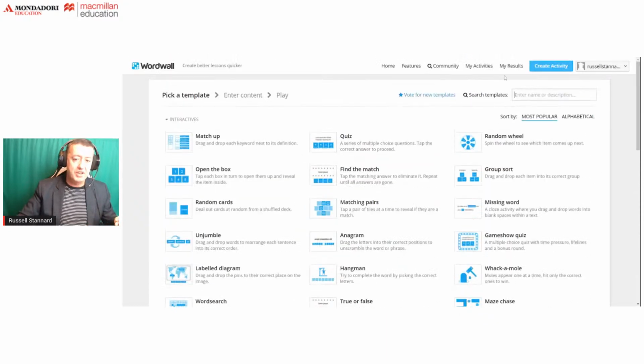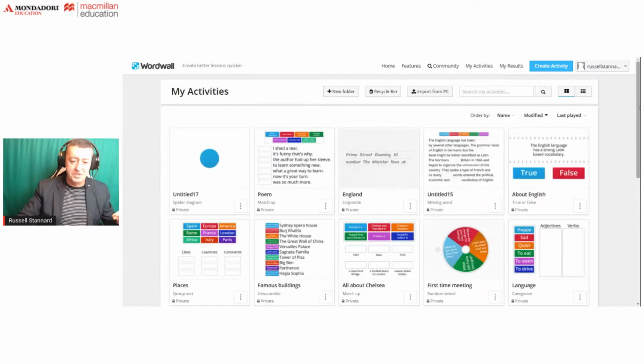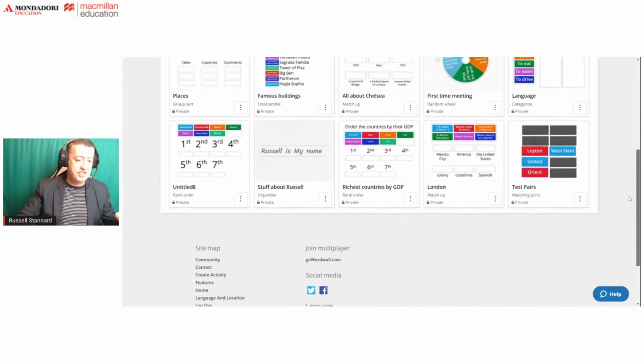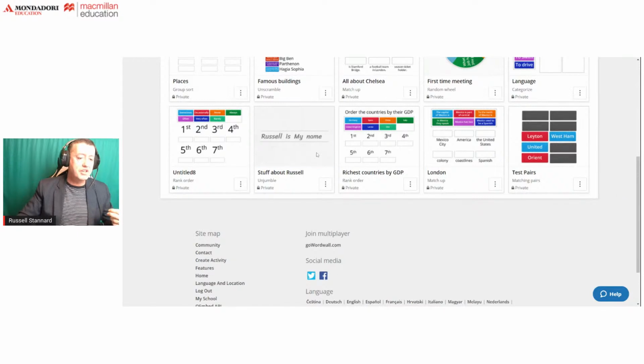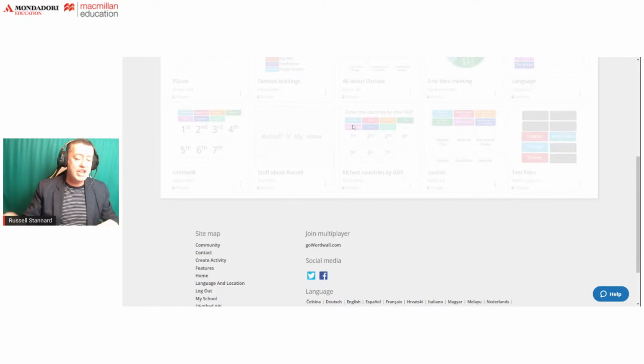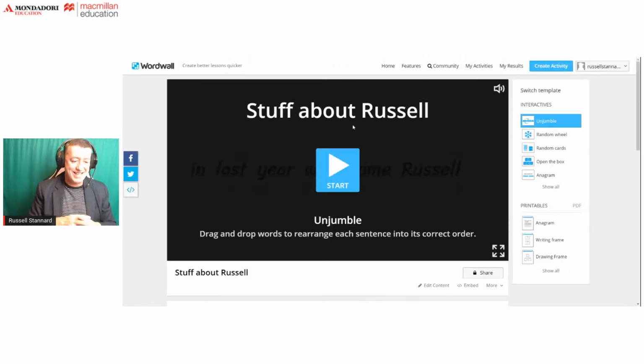So the first one I'm going to do is click on my activities. I've already got loads of activities because I use this website a lot. And I'm going to do this one here, a very simple one, where you have to drag the sentences into the correct order. Now, let me just show you the activity. So if I click on this button here,